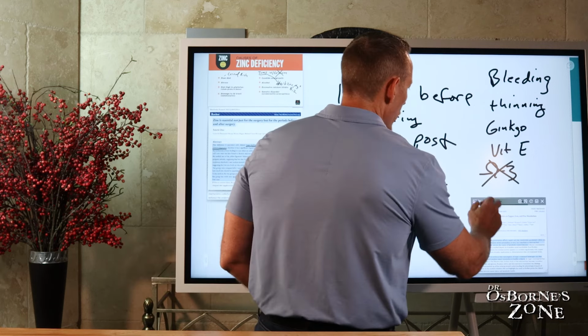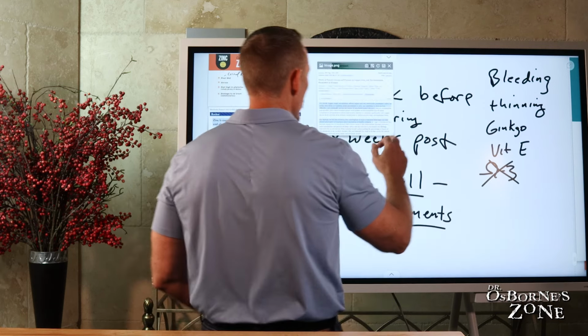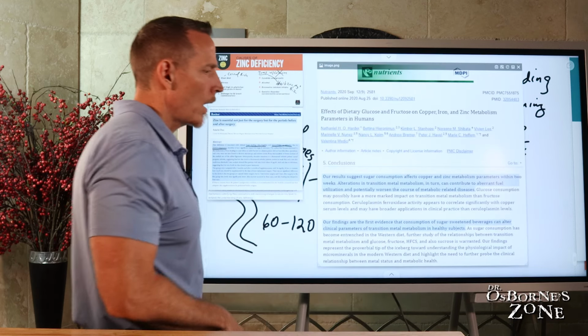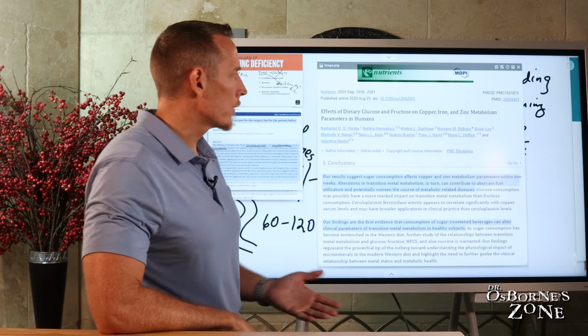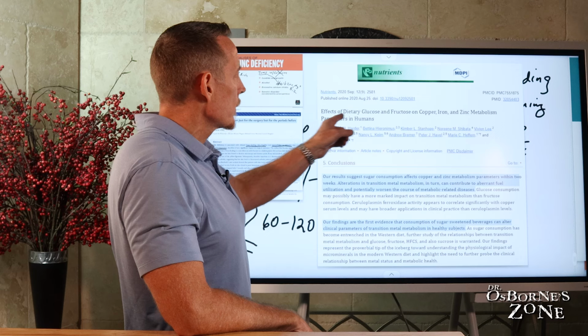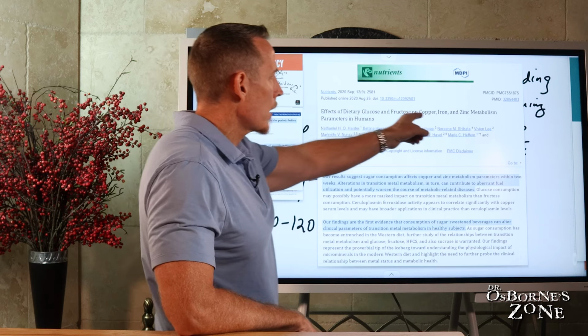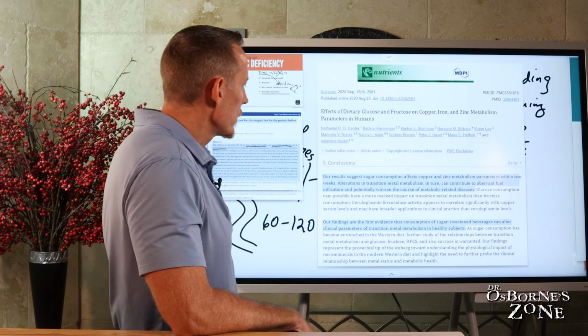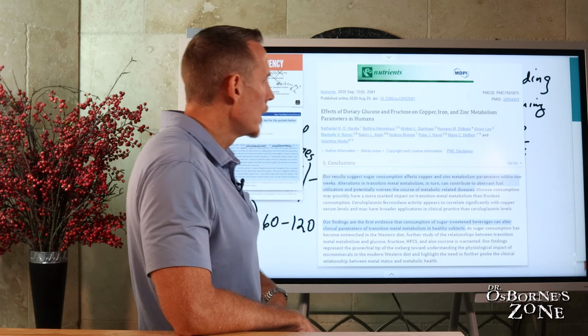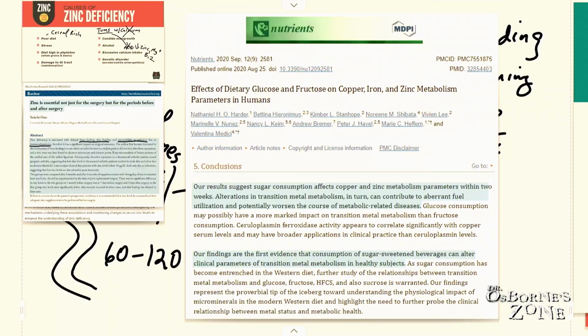And I would highly recommend that you have a conversation with your surgeon, with your doctor, if you've got a pre-scheduled surgery, because nutrition is going to make or break the difference in whether you have a good recovery or not. Now we also have effects of dietary glucose and fructose on copper, iron, and zinc metabolism in humans. So our results suggest sugar consumption affects copper and zinc metabolism parameters within 2 weeks. Alterations in transition metal metabolism in turn can contribute to aberrant fuel utilization and worsen